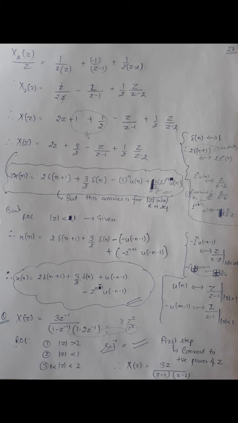In continuation with the last lecture, let's go for the next question. X(z) is equal to 3z inverse upon (1 minus z inverse)(1 minus 2z inverse). Here three ROCs are given. This is the third case, in which we have to find x(n) by the partial fraction method. The ROCs are: mod of z greater than 2, mod of z less than 1, and mod of z greater than 1 and less than 2.